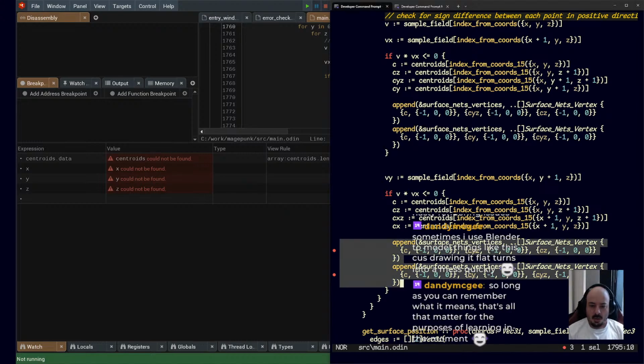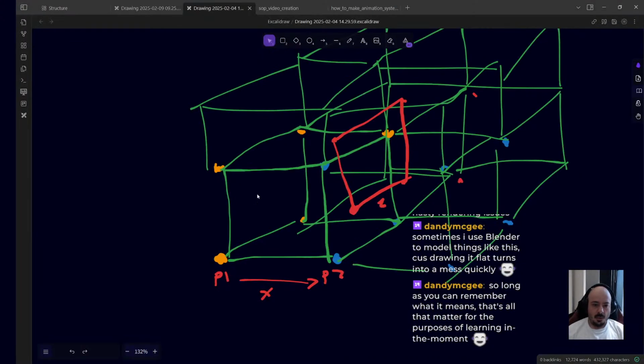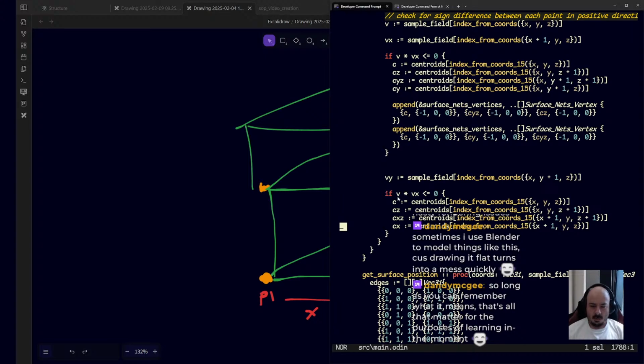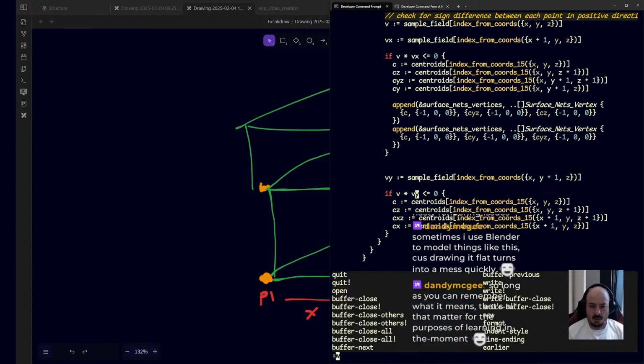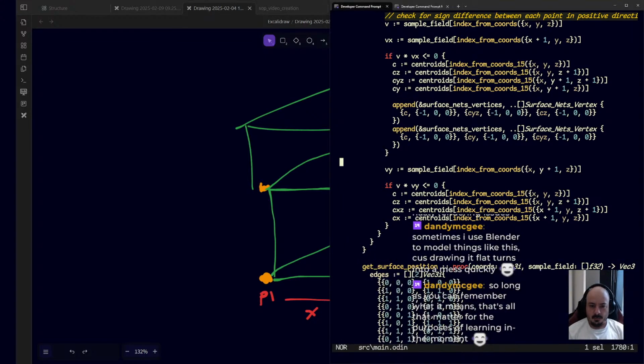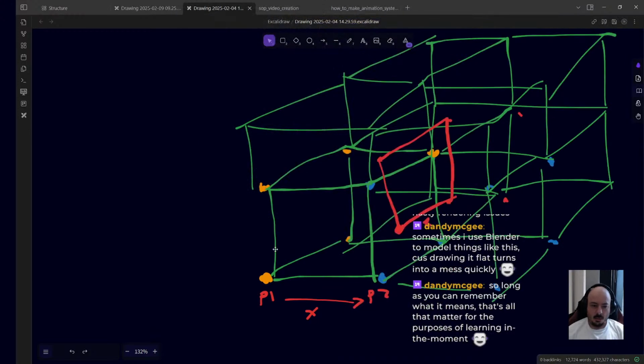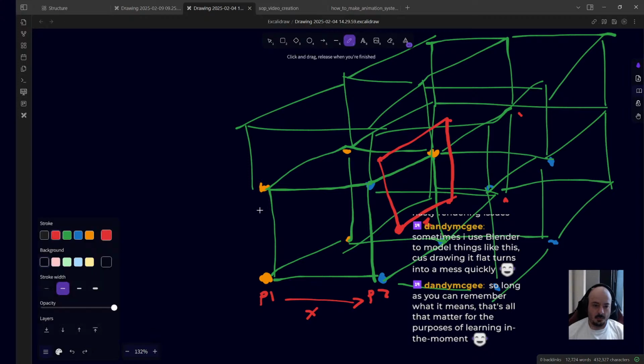Okay, now these are going to be different, and I want to visualize this. This needs to be Y. This is going to be Y, X, and Y. So this is P2 now,